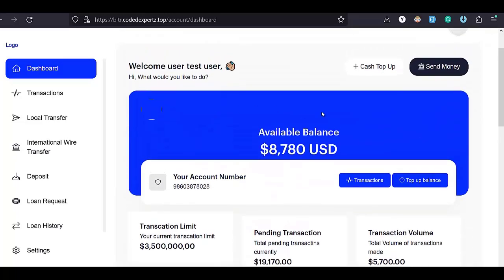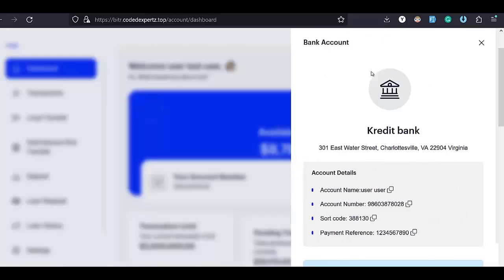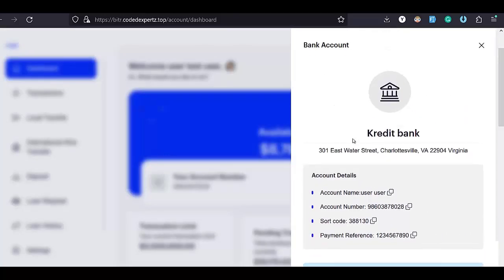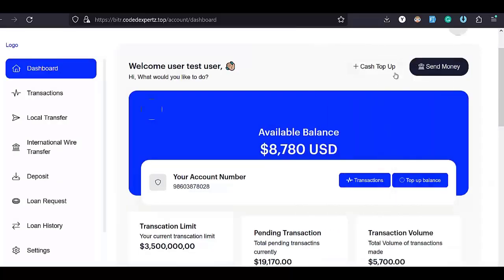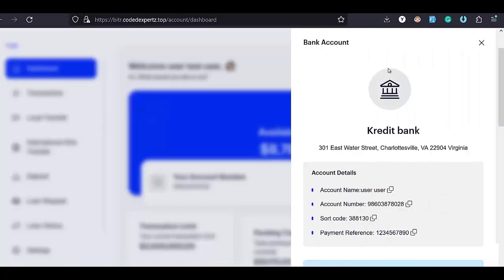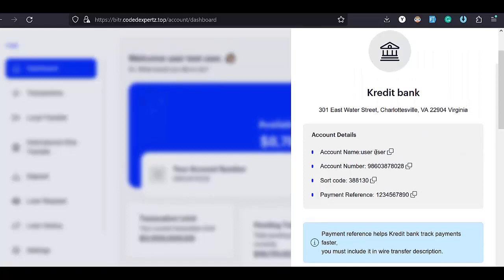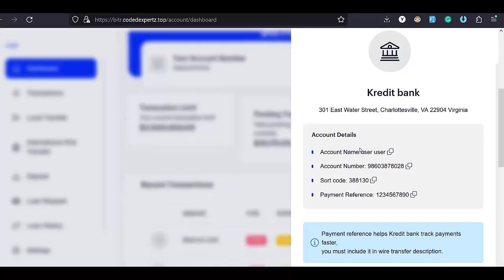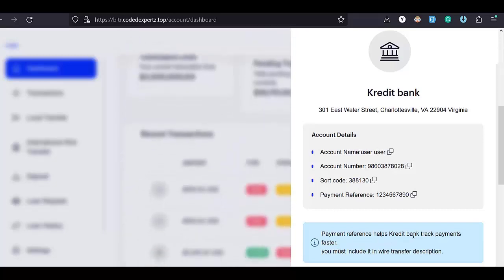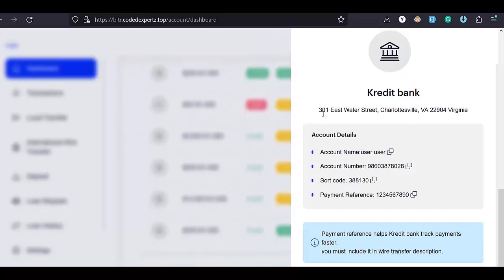Let's check out the different features of this user dashboard. Okay, now you see when I come to cash top up and I click on this, a pop-up comes out, and this pop-up shows me my account name, my account number, my source code, and my payment reference also. Now payment reference helps credit bank track payments faster. You must include it in the wire transfer description. You see, it also shows you